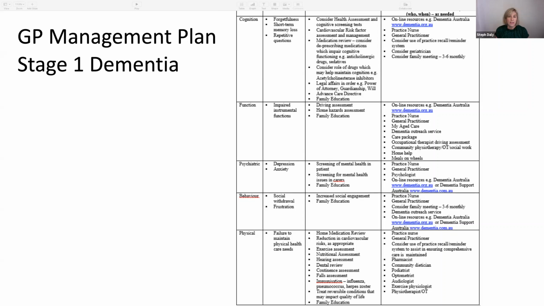When we're thinking about the psychiatric symptoms, people can become really socially isolated, even at this early stage. And so we really want to be engaging people in social interaction, getting them into perhaps social groups, encouraging them to meet up for coffee with friends and family so that they're really engaging in other activities. There's no reason why people with dementia can't continue to do their normal activities, perhaps sports or bowls or something like that. But they need to be supported in doing that.